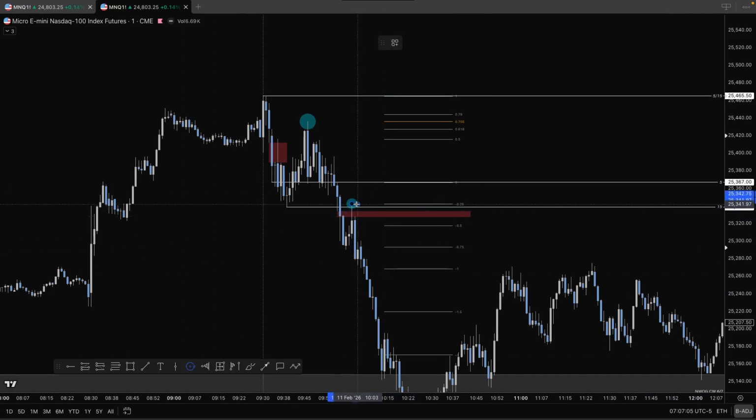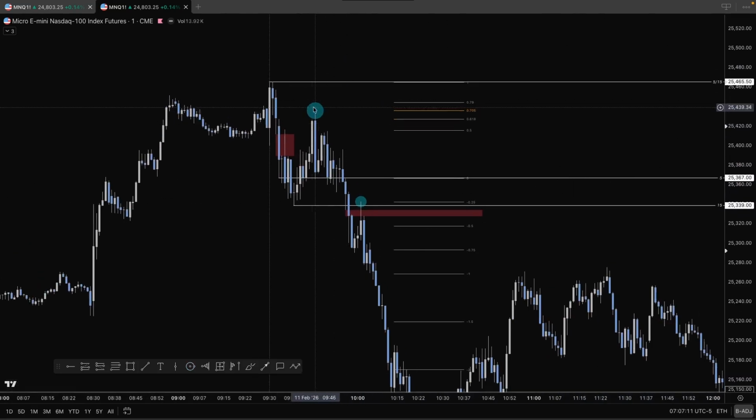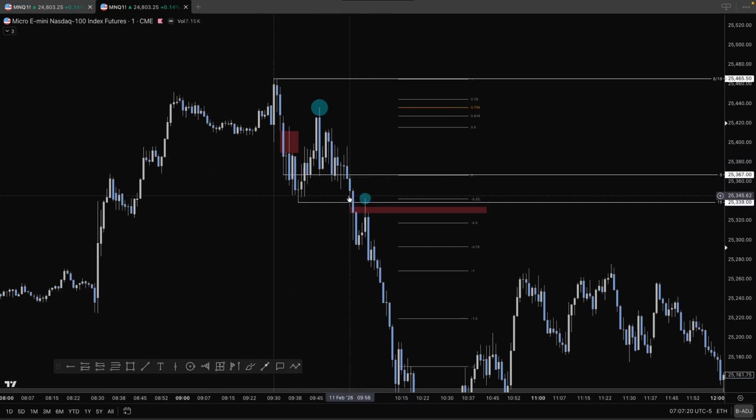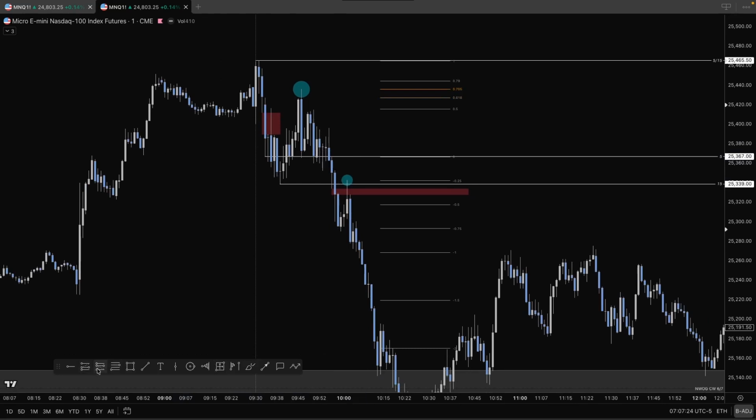So let's mark that out here. So now we already can see we have this retest inside the range and we reacted. We have this one right here and we reacted. We got the two breakouts, or let's call it one breakout. And I think I took the trade